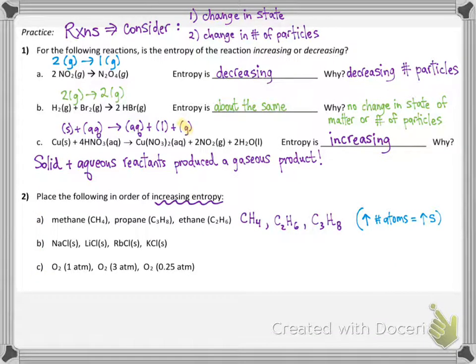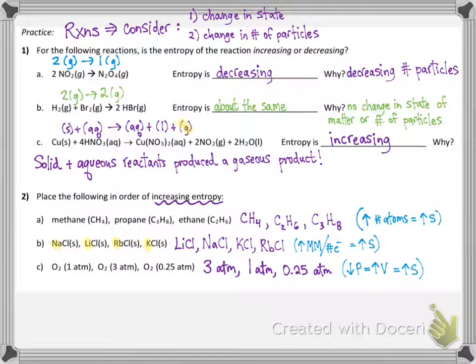For the first one, lowest to highest entropy would be CH4, then C2H6, then C3H8, because as you increase the number of atoms, you're increasing the entropy. For the second one, we're looking at 4 ionic solids. And the only difference is that they're changing what alkali metal the chloride ion is hooked up with. So the idea is, as the alkali metal gets bigger and bigger, we're having greater and greater entropy, because as you have a greater molar mass or a greater number of electrons, you're increasing entropy.